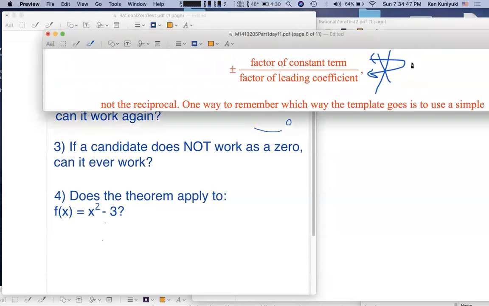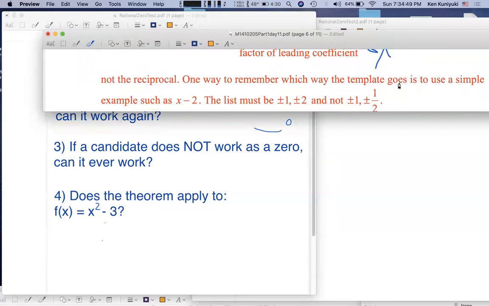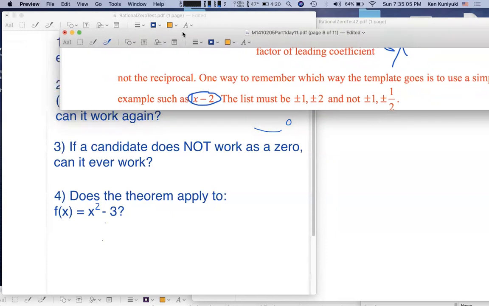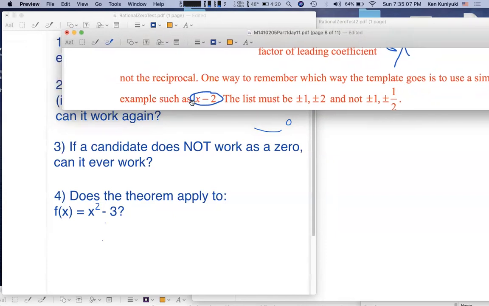Now, one way to remember which way it goes is to use a simple example, such as x minus 2. Remember that if you have x minus 2, there's an implied 1 out in front. So what will be the list of candidates? Now, some students might think, oh, is it the factors of 1 over the factors of negative 2? Does it go plus or minus 1 over plus or minus 1 or plus or minus 2? Or could it be